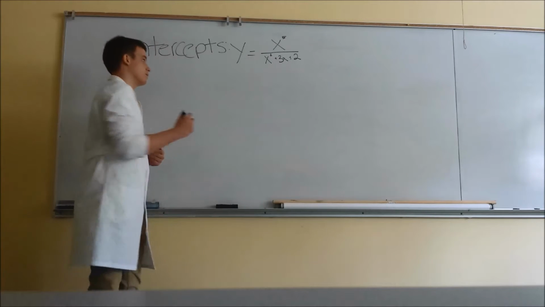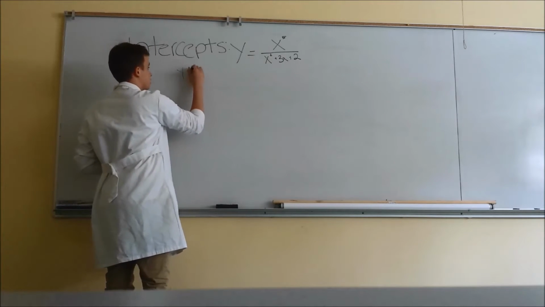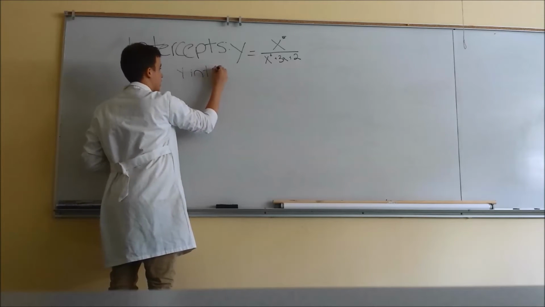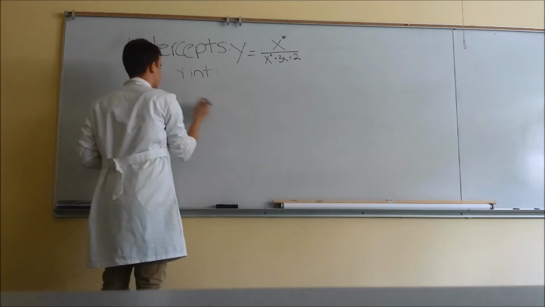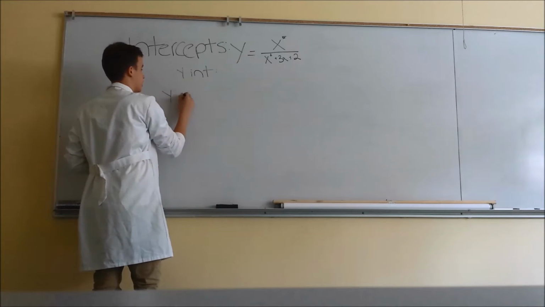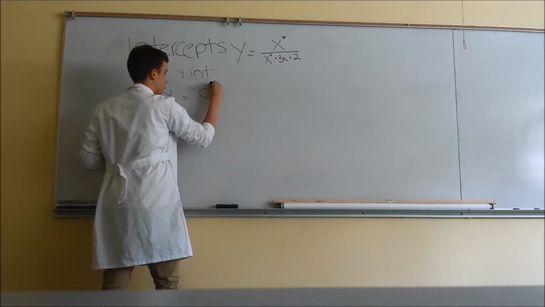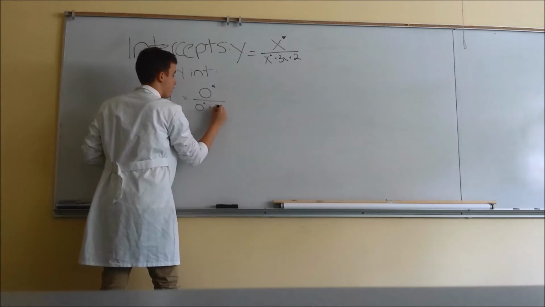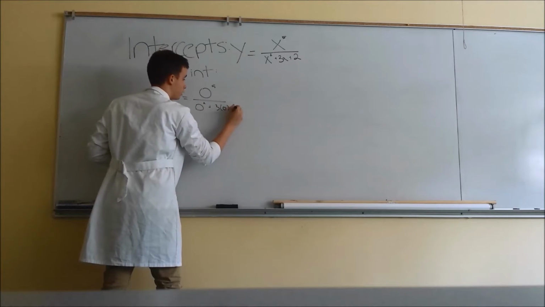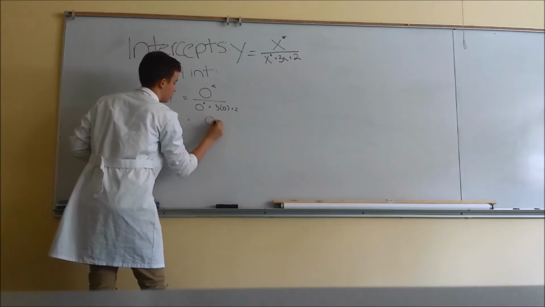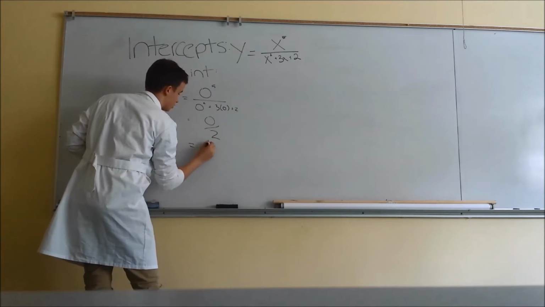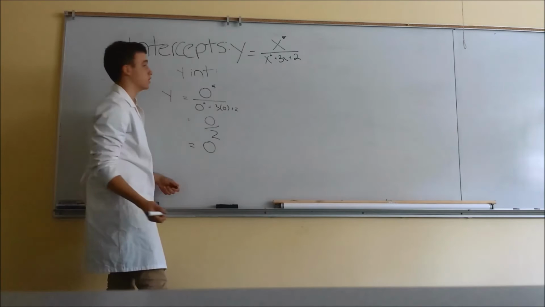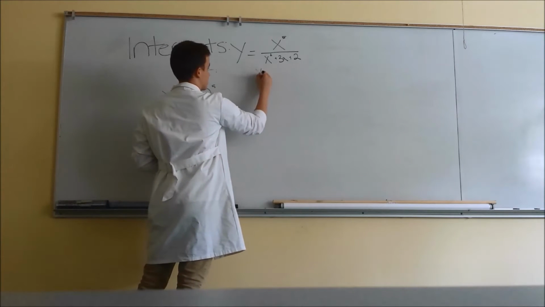So let's get started. To find the y-intercept, that is when the x-coordinate is equal to 0. So you just plug in 0 for everything. And we find that it's 0 over 2, which is equal to 0. Simple enough. And then for the x-intercept,